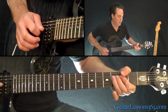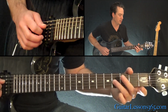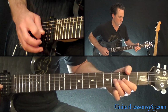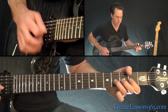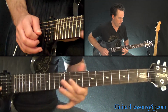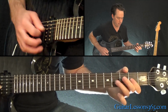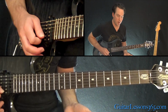bend, kind of a pre-bend with a harmonic on it, release, back to 2 on the G, back to 4 on the D. So that whole part. Then we're into some